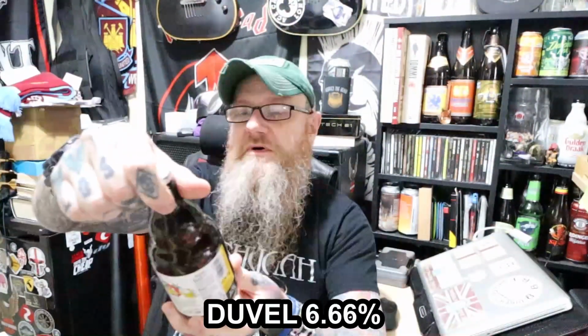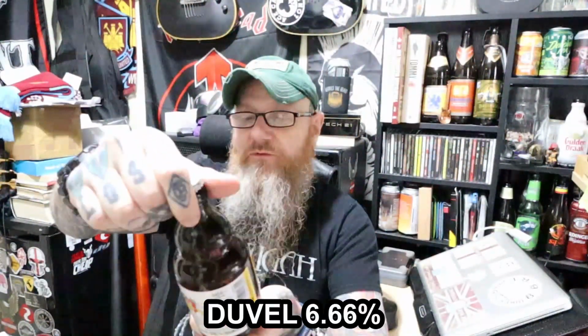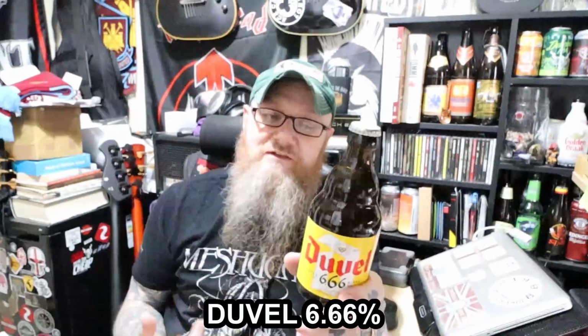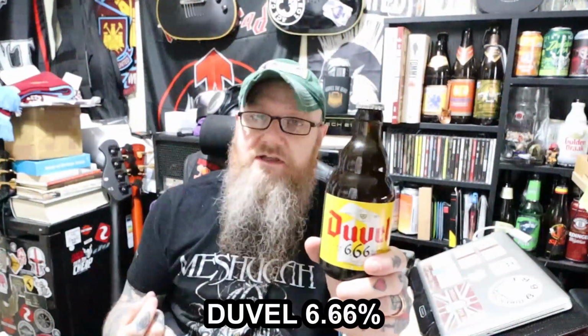Right, 330ml bottle. As if I need to say, it is 6.6%. It is a Belgian blonde beer, and it is a commemorative beer. I'm not sure whether this is going to be a permanent thing. I imagine it is, because they're making a big thing about this being marketed over here in the UK on